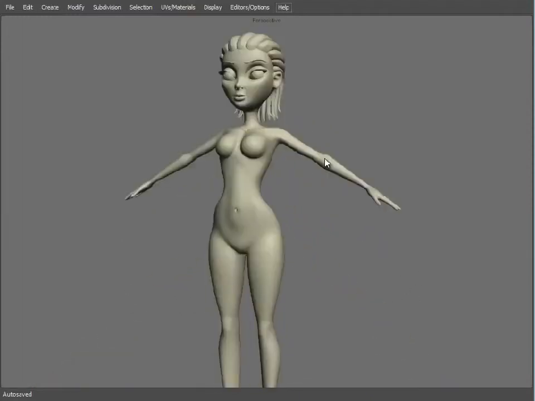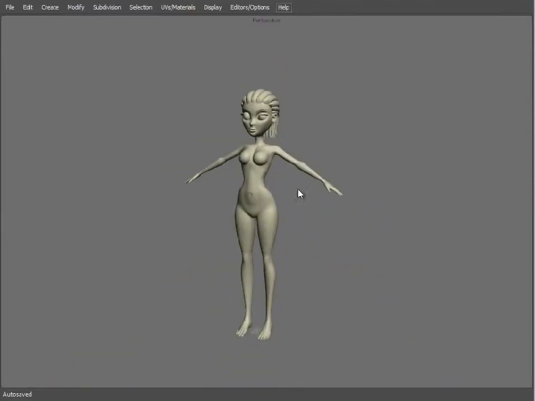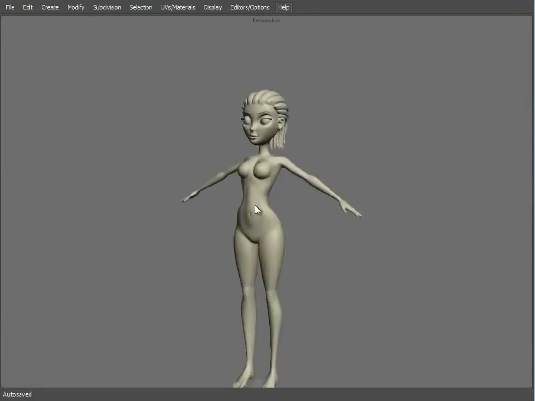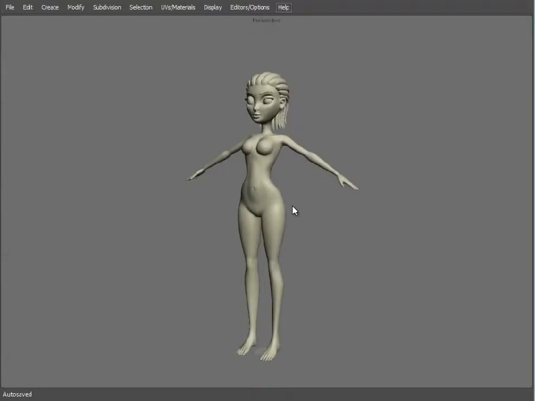So what next? Well, we need to think about clothing really. We can't have her just parading around naked. And again, we're going to be creating lots of different outfits, so we need to think about how to approach them. And just like with the hair, we need a process in place so that we can generate numerous items quickly. So what we can do to start us off is use the existing geometry we have here,